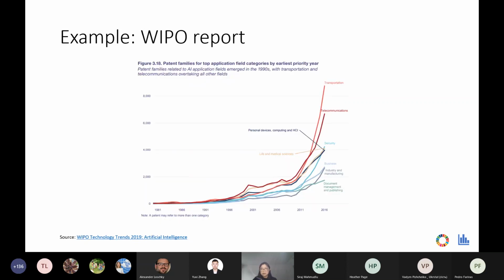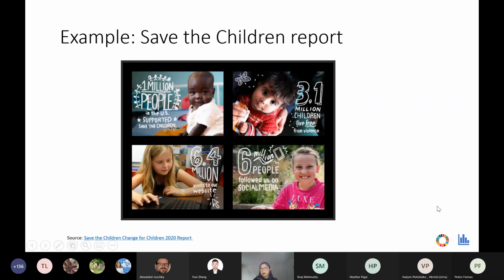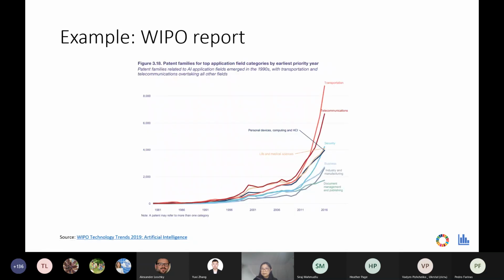And here is also a data story. It's just like a mini chart with a headline. This is a chart from a report that I pull out from the World Intellectual Property Organization's website. So probably you've seen this kind of data stories everywhere. So my point is, no matter the story is big or small, today we're going to touch upon some basic rules or foundations that help you to analyze the whole process of developing or constructing a narrative for your data story.